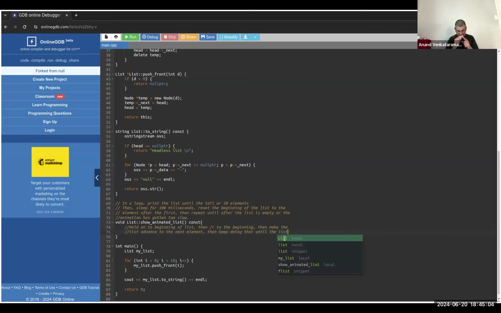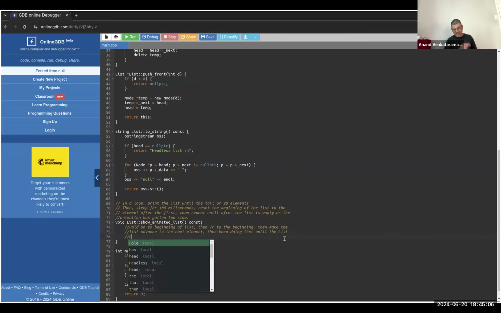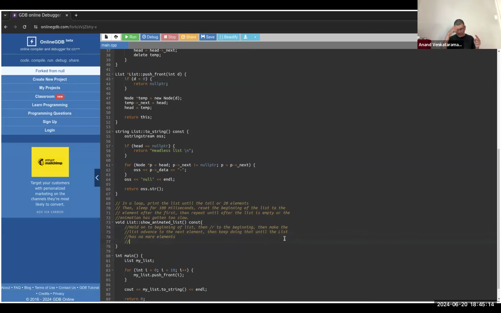However, the sleep duration will keep adjusting. Initially it'll move fast, so sleep, I don't know, 100 milliseconds. But I think in each round, we'll make the sleep slightly longer. Maybe we'll use an exponential function or something like that, so that it has deceleration. So it starts off by scrolling fast, and then it slows down, like the Wheel of Fortune. And then it stops. It stops either when there's a tail or 20 elements have been, actually, it'll just stop when there's either a tail or the speed has been,